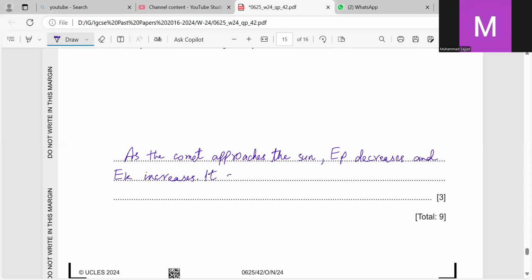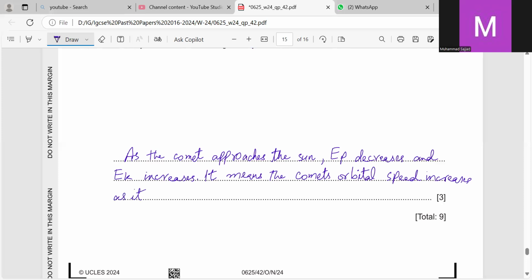It means comet's orbital speed increases